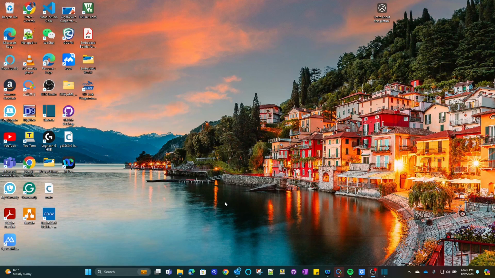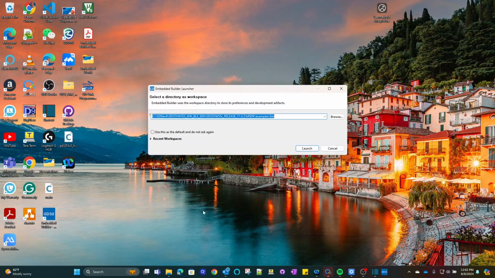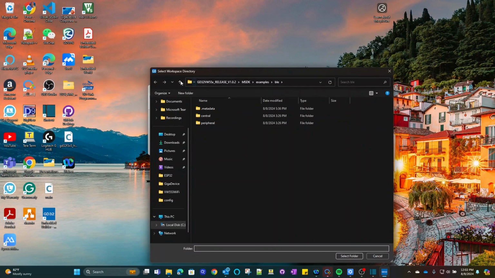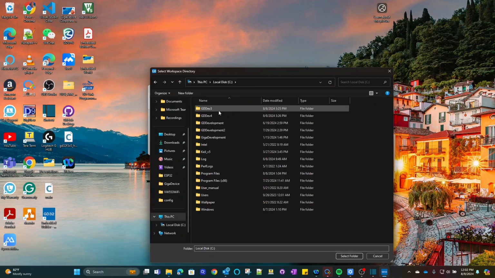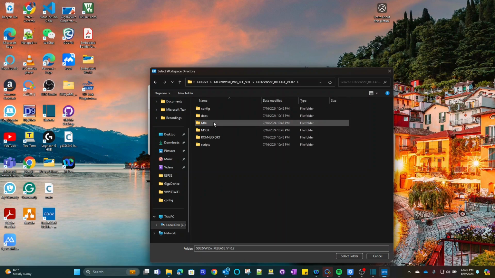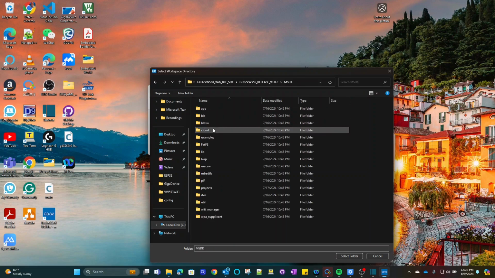Okay, so we're going to go ahead and go into Embedded Builder. I have a shortcut on my desktop. We're going to go into the other directory. Start fresh and new. Okay, we're not going to go into the mutable bootloader directory, but the MSDK, and then again, there's a complete